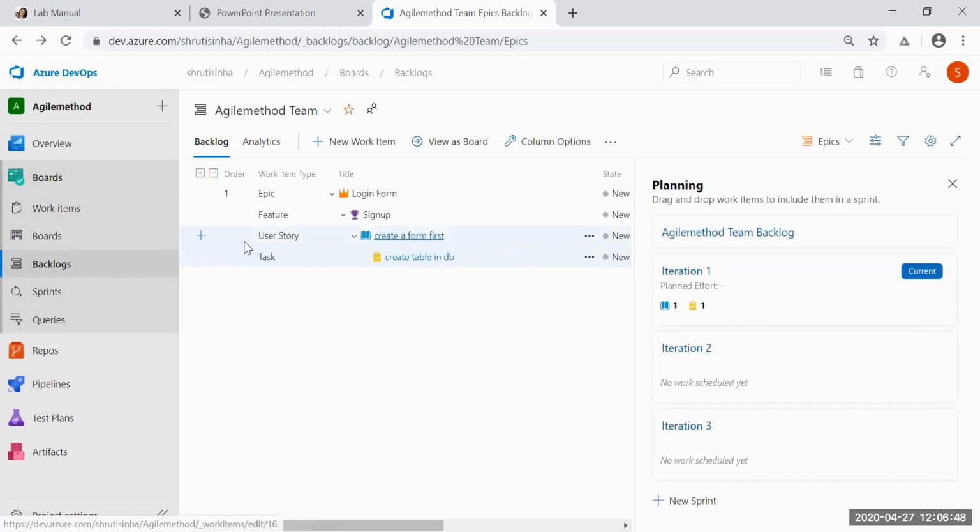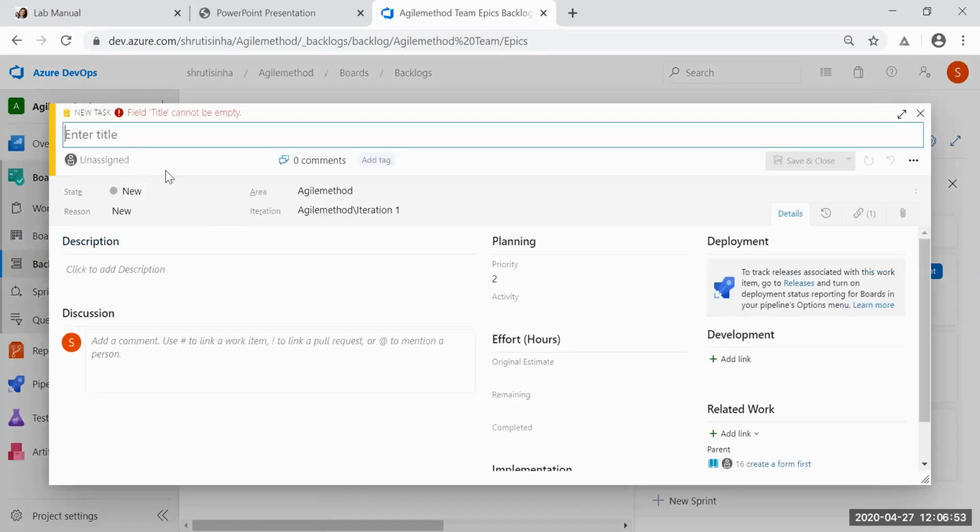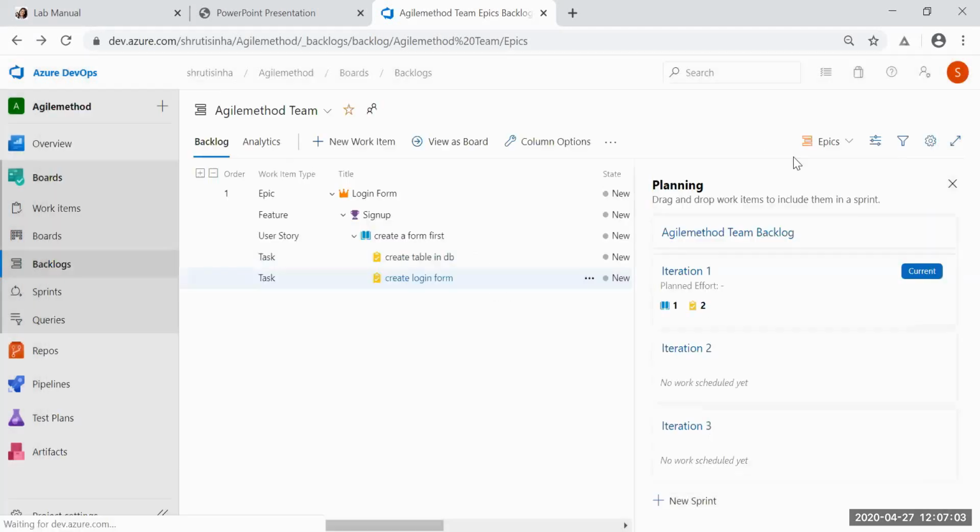I can create multiple tasks. Yes, I got it now.